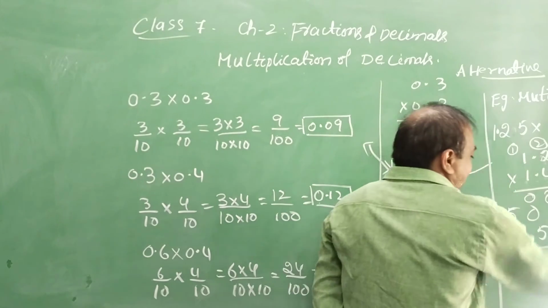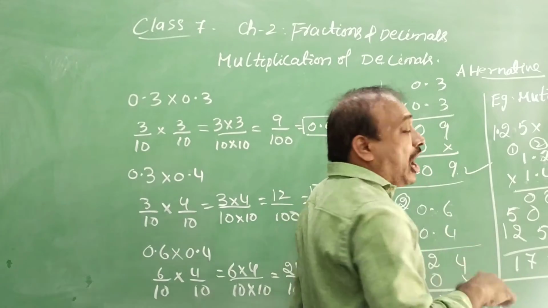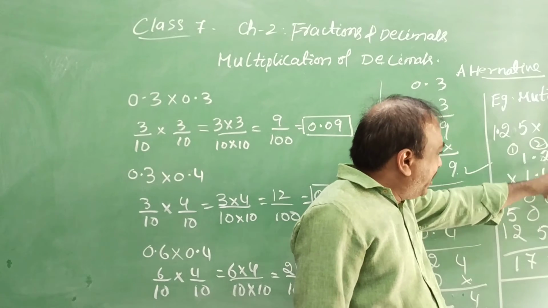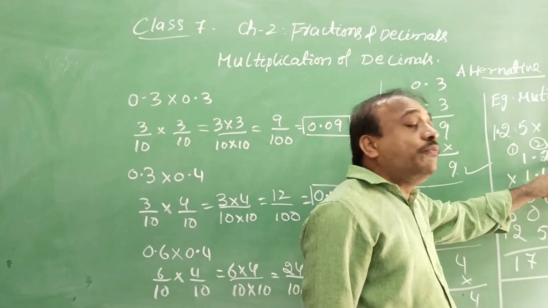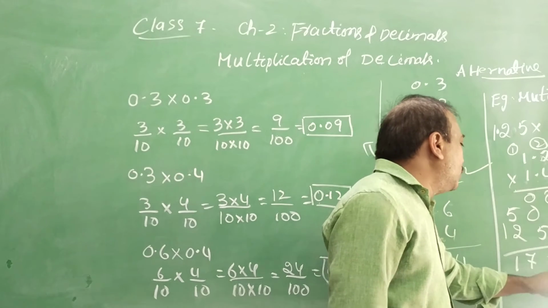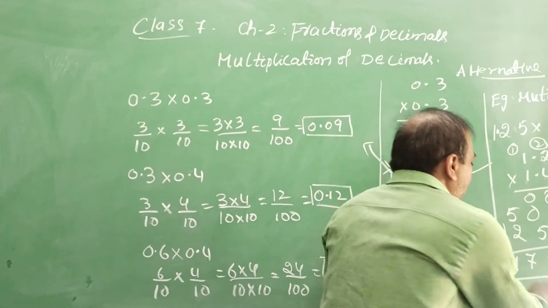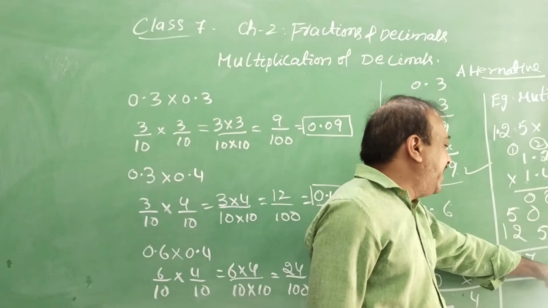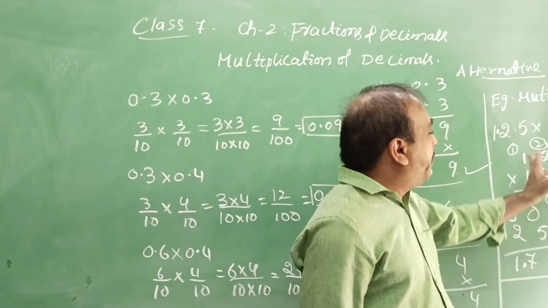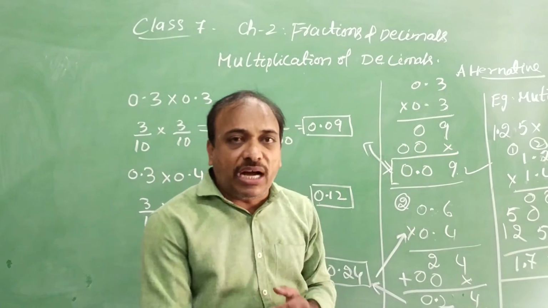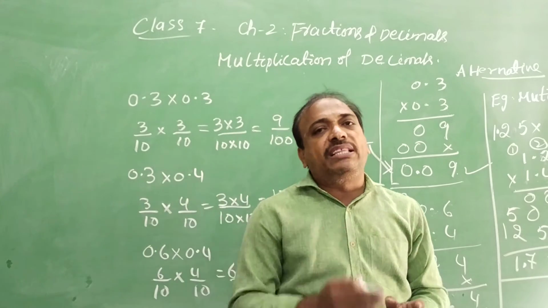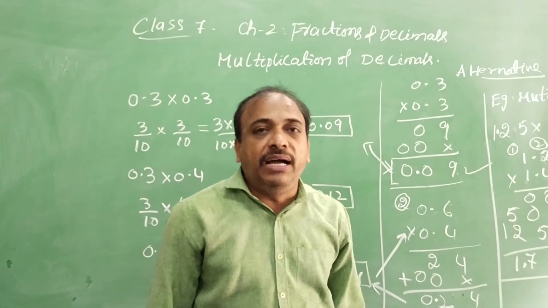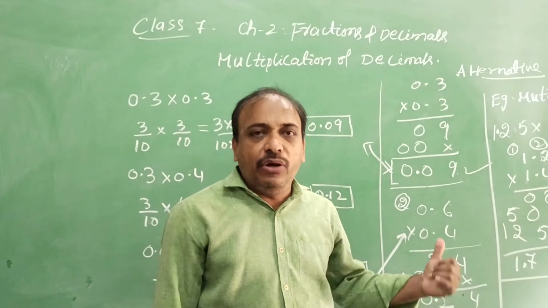Now in this product, how many decimal places are to be placed? Here 1, here 2, total 3. But when you go like this, here 2, 4. Observe it, 1, 2, 3, 4. This 0 is extra as we placed it over here. If not, we only count 3, 1, 2, 3. However you do, by converting into like decimals or without converting, if you multiply, you get the same answer. This is how we multiply the decimals. I hope it is clear to you.